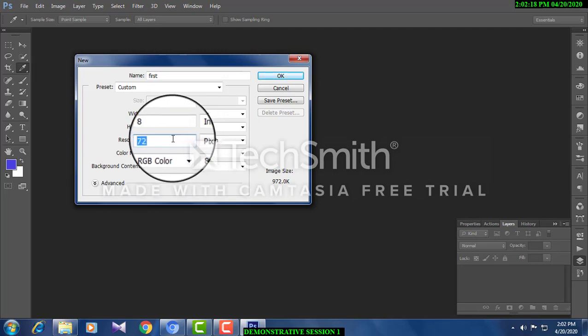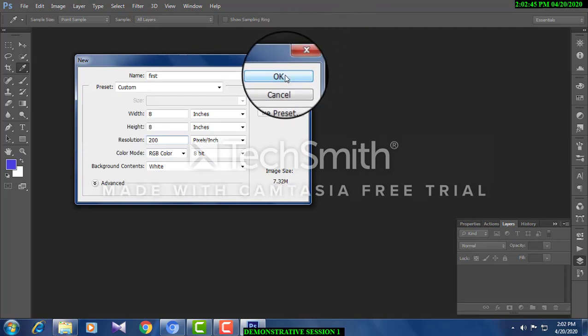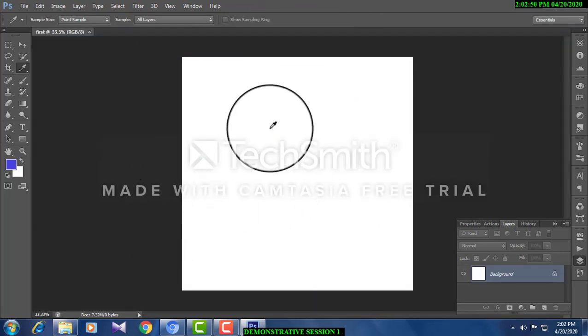And if you are making it for mobile, or for computer, or for internet, if you are making your design for internet, it should be 72 up to 100, not below 72, because when you upload it for internet, it should not take a longer time to upload or download, or take time to load. Is that clear? Now I'm just taking it as 200 as we are designing it for computer purpose, for printing. Now click OK. Your working area appears here. This is where we are going to work.